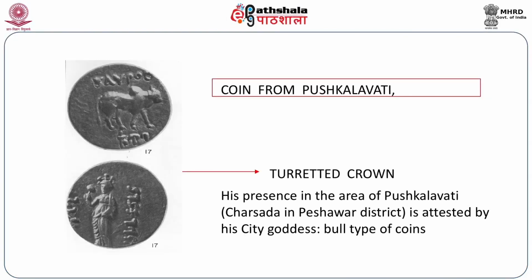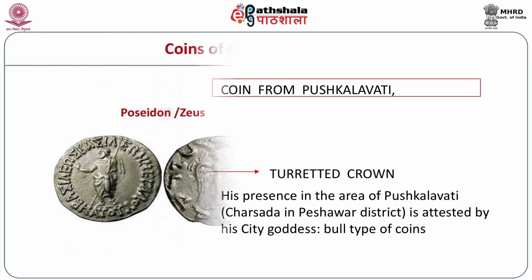In this particular coin, this is from Pushkalavati, it is very interesting that we have the representation of a humped bull. The city goddess is represented on the obverse and the bull is represented on the reverse. So the city goddess wears a turreted crown. This is an inspiration from the Greek city goddess Tyche, where here it is Amba,